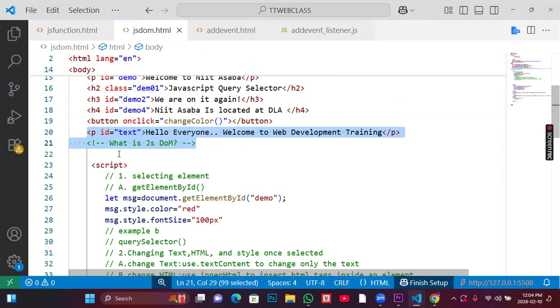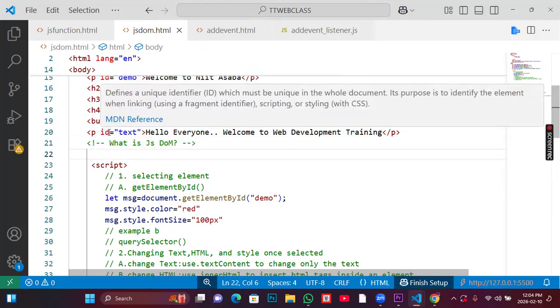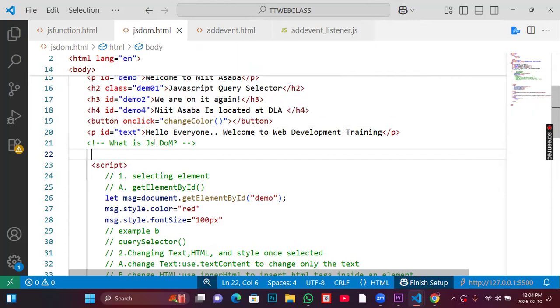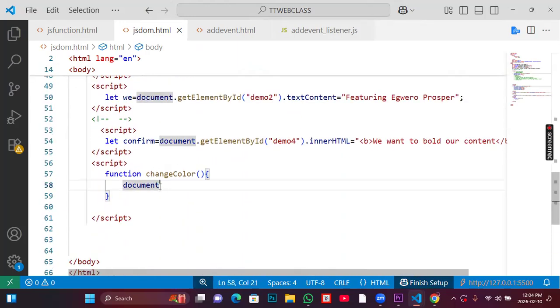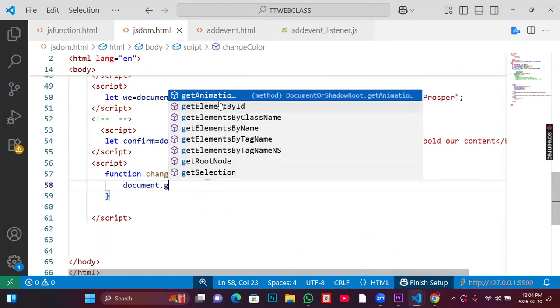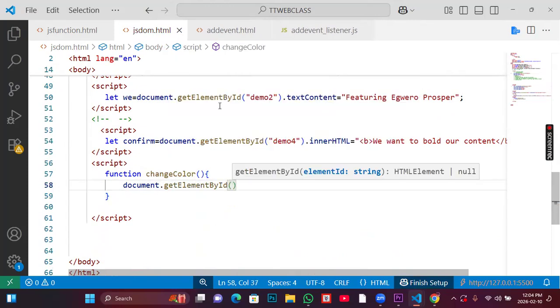An appearance of this. So you have to grab this in the function. And to grab this, which method are we going to use? Because it has an ID, you can now use document dot get element by ID. Now, if I had used a class with a name, I could use query selector. Are you getting the logic now? But because I'm using ID, I will choose document dot get element by ID. What is the ID of that element? Test. So with this, I have grabbed the whole of that P tag